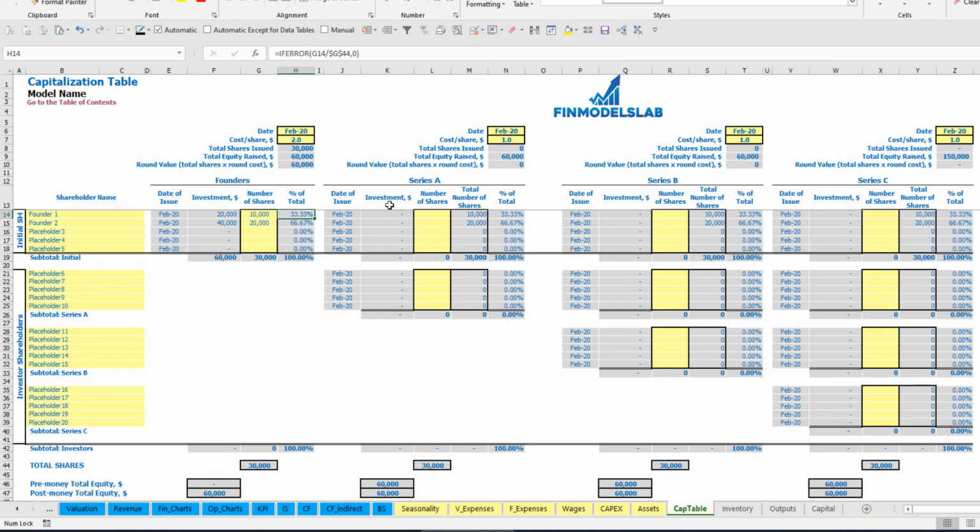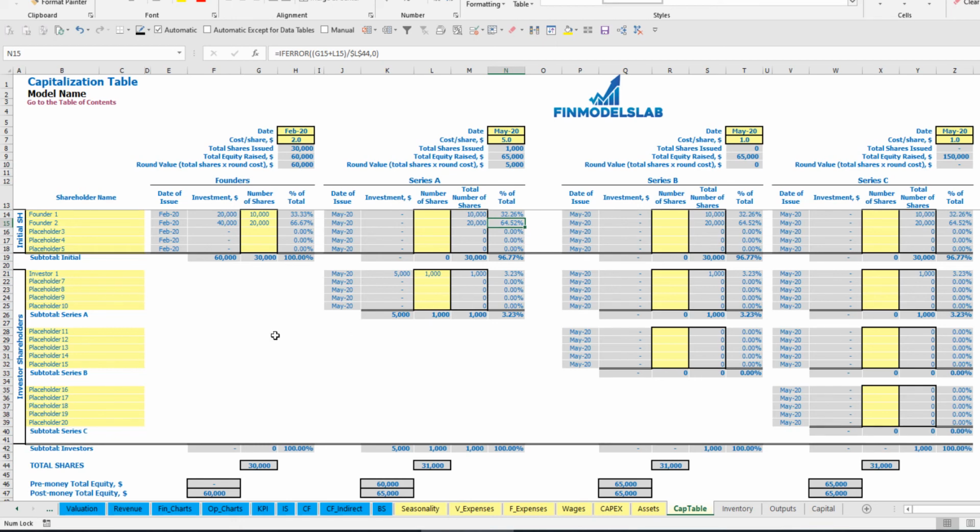67% of shares. So let's pretend that for Series A we have one investor and the date of issuance is May, cost per share is $5 per share and number of shares is 1,000. So total amount of investment will be $5,000. You may see that before the Series A total equity was $60,000, after is $65,000, and investor 1 will have 3.23% of shares, and the shares of founder 1 and founder 2 are also diluted, 32.26 and